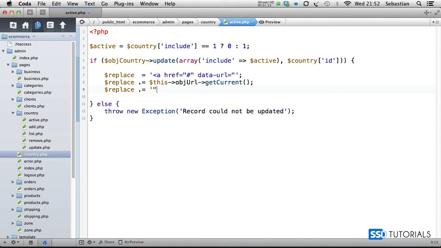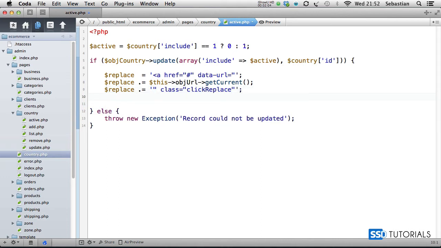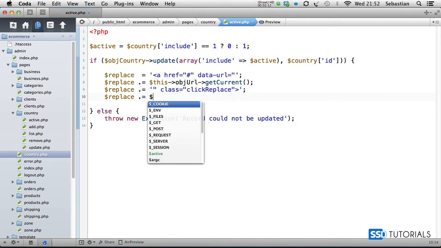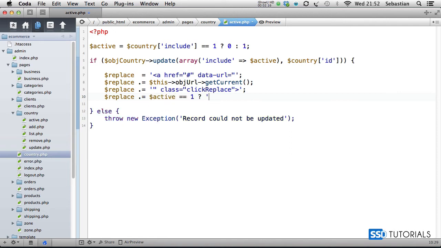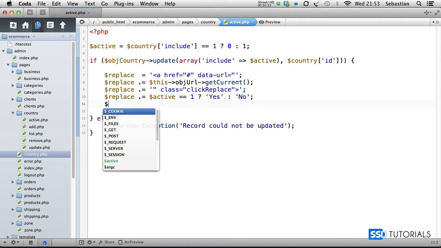Then obviously we single quote closing the data URL attribute, then class, click, replace. Then we can close the opening A tag here as well. Then replace, we're concatenating this with checking active equals 1, then yes. If it equals anything other than 1, then no for the label. Then replace,